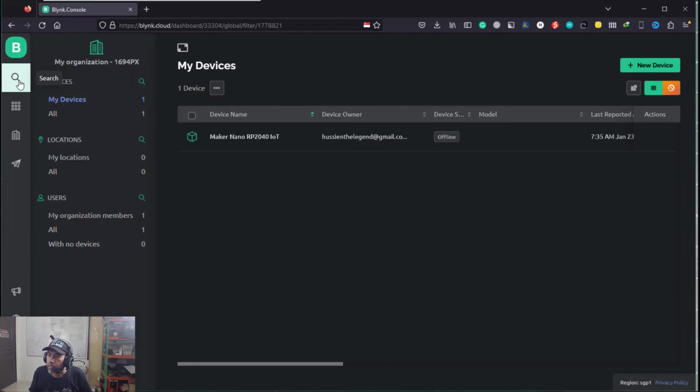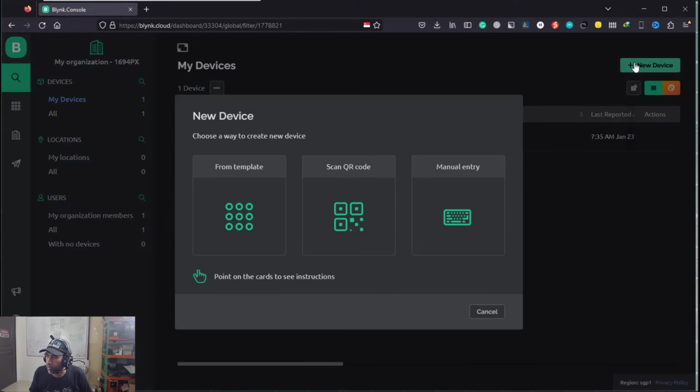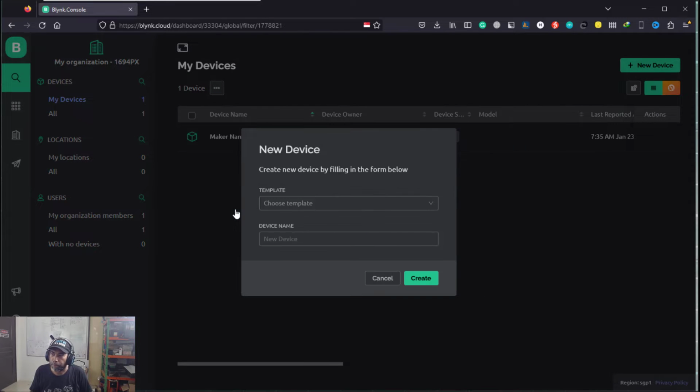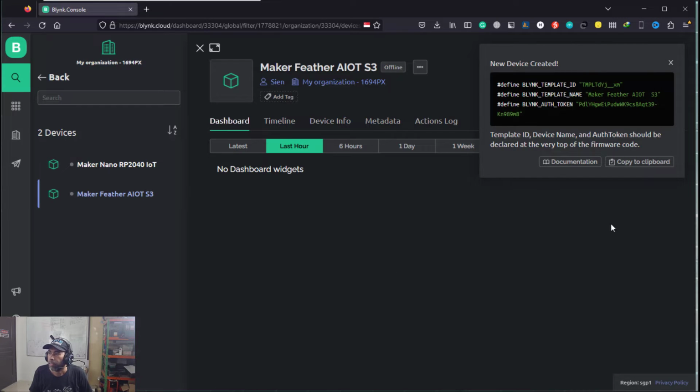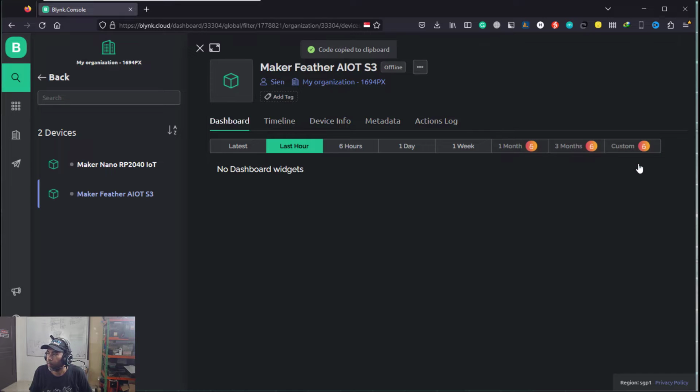Right, then go to search device and click a new device, and we click from template and choose from Maker Feather AIOT S3 and click create. So now you have the define the blank template ID, the template name, and also the Blynk authorization key. So that means we are good to go. So just copy to clipboard, keep it in the clipboard first, and we can update it later, or we can